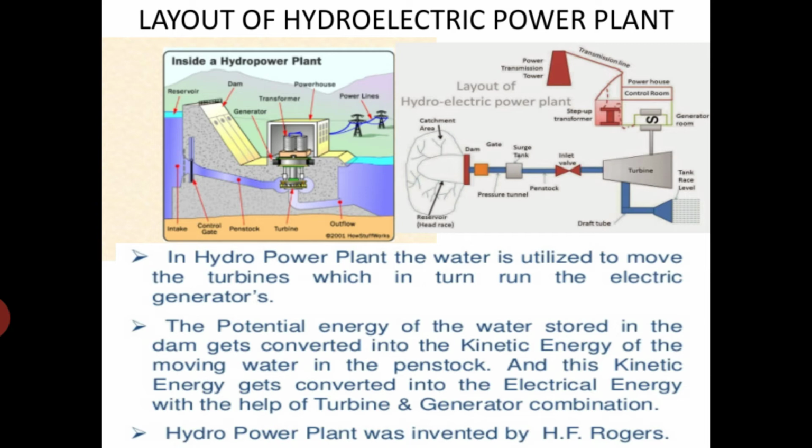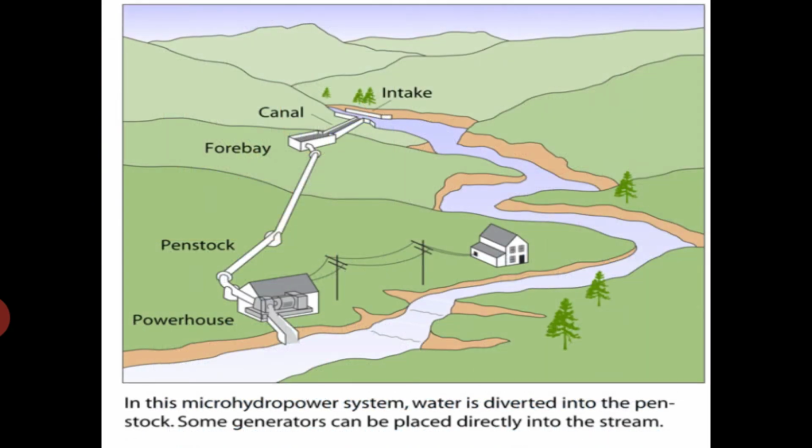The most important requirement of a hydroelectric power plant for the generation of power is the abundant availability of a continuous supply of water with a large amount of hydraulic energy. This may be supplied either from a natural lake or a reservoir. This is a micro hydropower system, where a natural lake is used as a supply of water to the house.